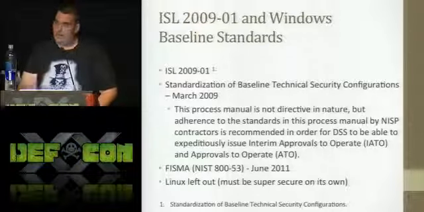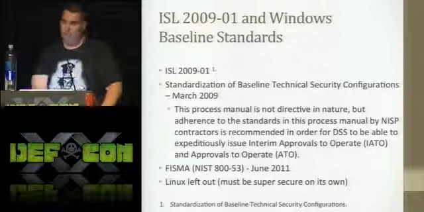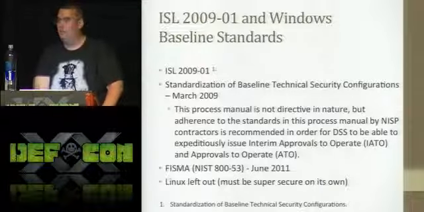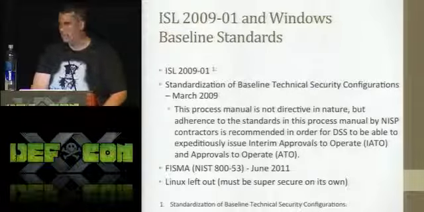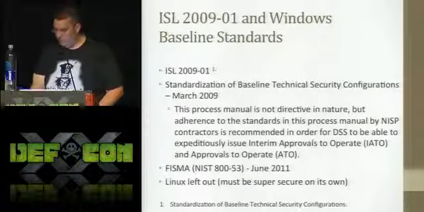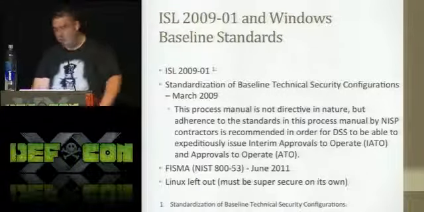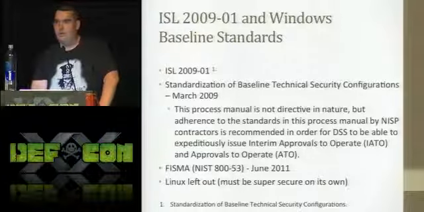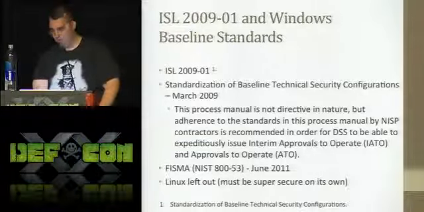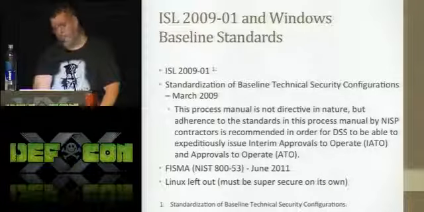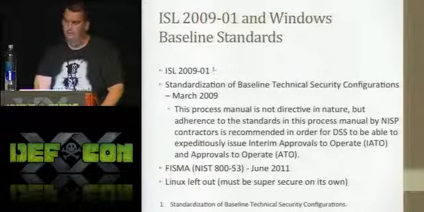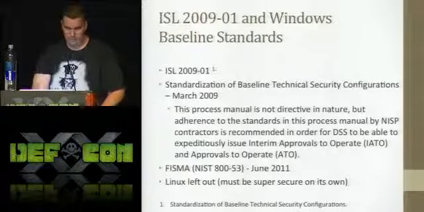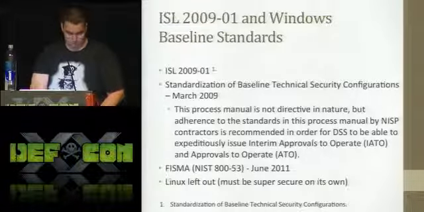And then lastly, in 2011, they worked on a document that modeled the NIST 800-53 standards. And it does pretty well. NIST is also what the STIGs are based on, so I thought they did quite well with that. However, it doesn't matter when these documents came out. If you were approved in 2009, you don't have to update until your next accreditation date, which is 3 years. So you can still run unsecure for 3 years, in my opinion. Of course, Linux is still left out. I guess they still think those 7 different things are the end-all be-all of Linux controls.